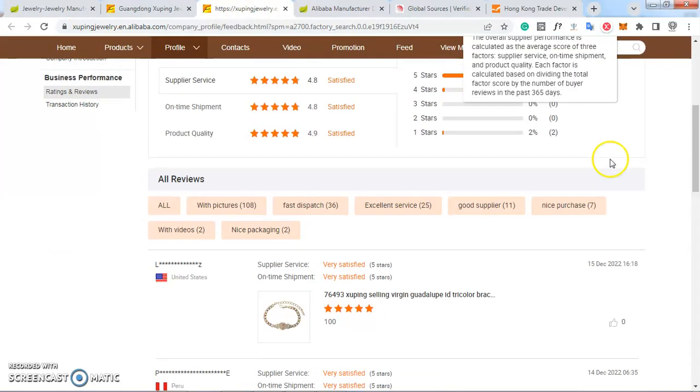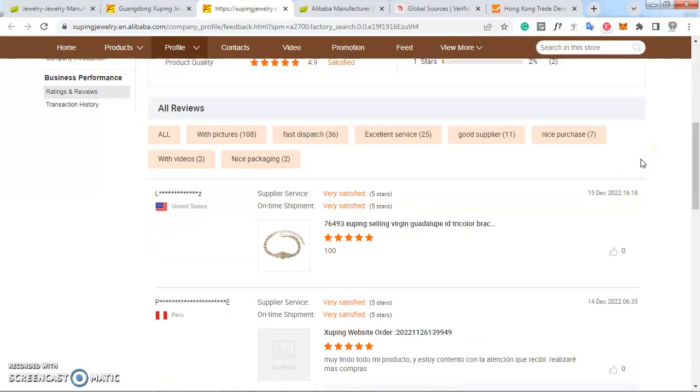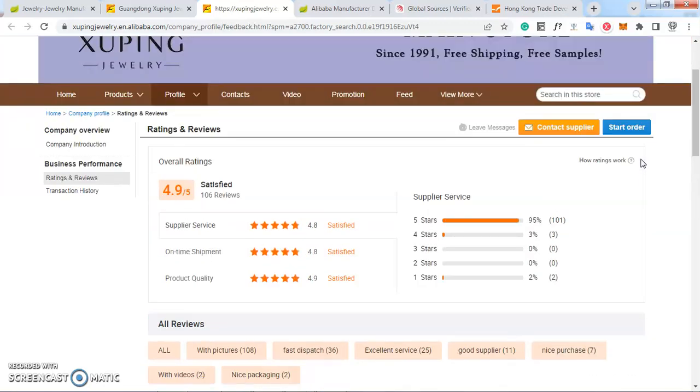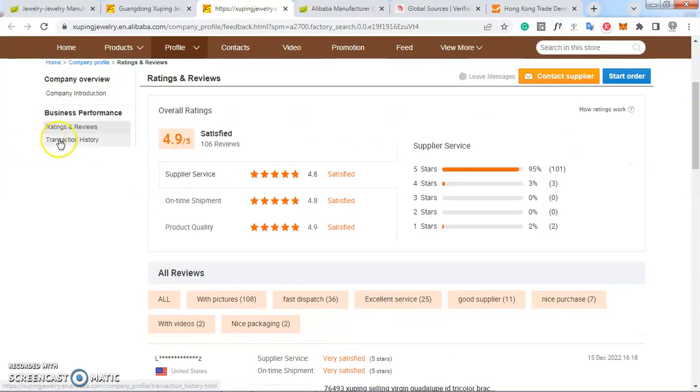The rating and the review matter when you are doing anything online. So you read the review, you check the transaction history. These are parameters. Then the company introduction. You need to look at the company introduction. You just take your time. Don't be in a haste, right? Because if you want to get the best, don't be in a haste. Take time. You can go as far as 100, 200 suppliers until you get the best you want. Then you narrow down. Maybe you make a list of 50. Then you narrow it down by price bargaining. So when you start bargaining with them on pricing, and then you